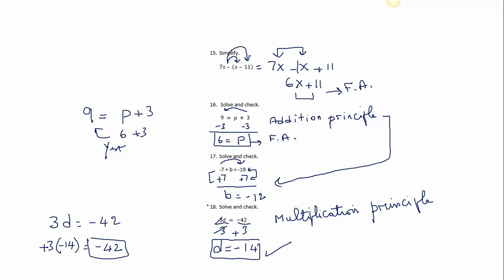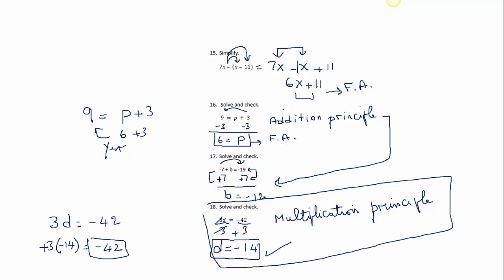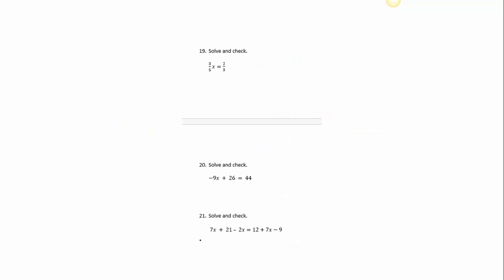So make sure you understand the difference between the multiplication principle and the addition principle. See, here we can add the opposite. Here we have to divide by the coefficient, the number, the 3, divide by 3 on both sides, okay? So we can isolate d. This is the multiplication principle also. So for the multiplication principle, we need to